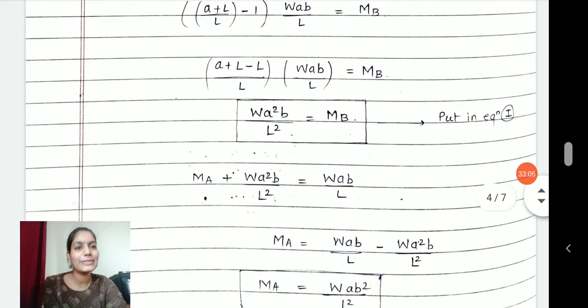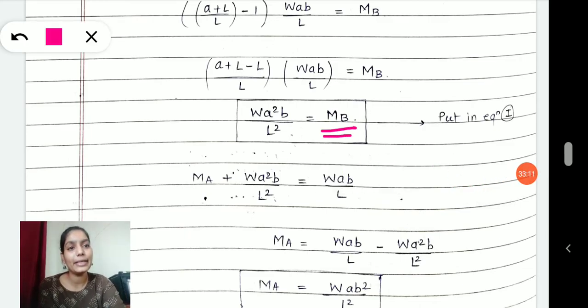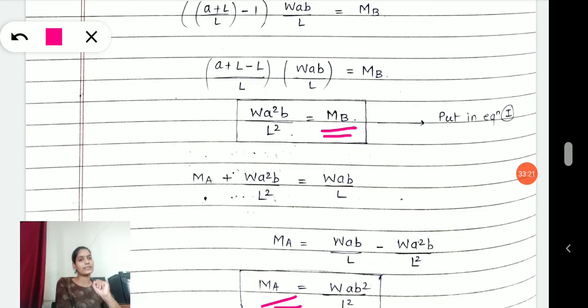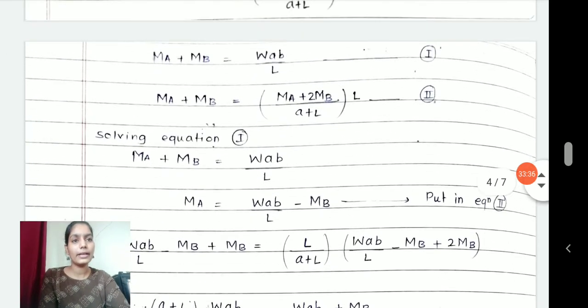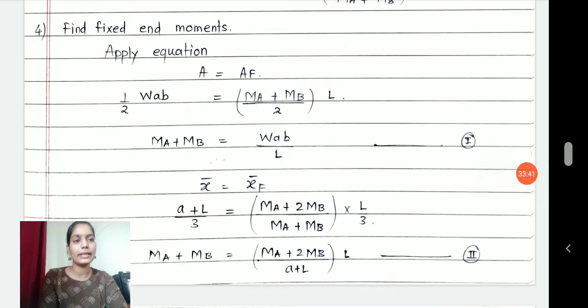So many exercises you have to do for getting MB and MA. You have a video here. You can stop my video in between and take a screenshot if you don't understand how to do the exercise. I will not get into the lengthy procedure of it. Otherwise, I will upload these notes in the Google Classroom. You can check the exercise calculation from there, where you equate the area of the fixed bending moment with the free bending moment.